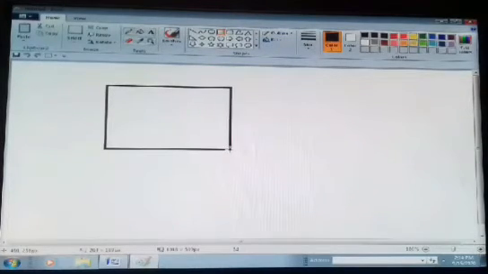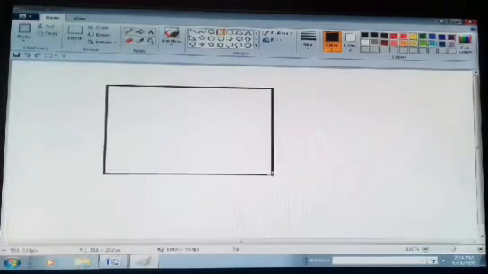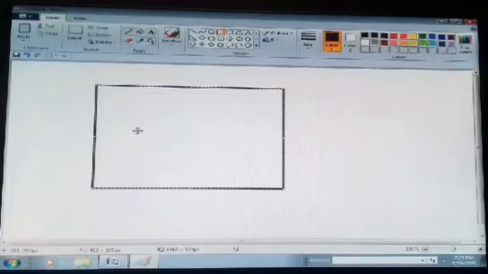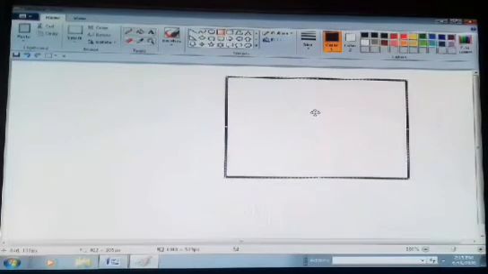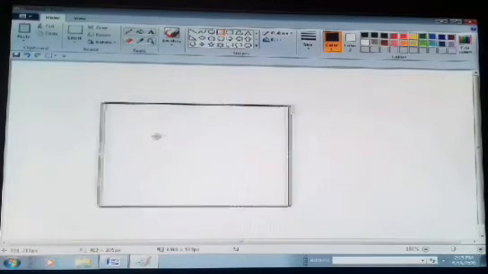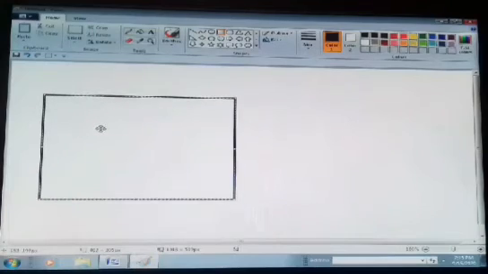Then you have to release your mouse button. You can also reposition this according to your need. Just left click and hold it, and then place it at the desired position and release the mouse button.